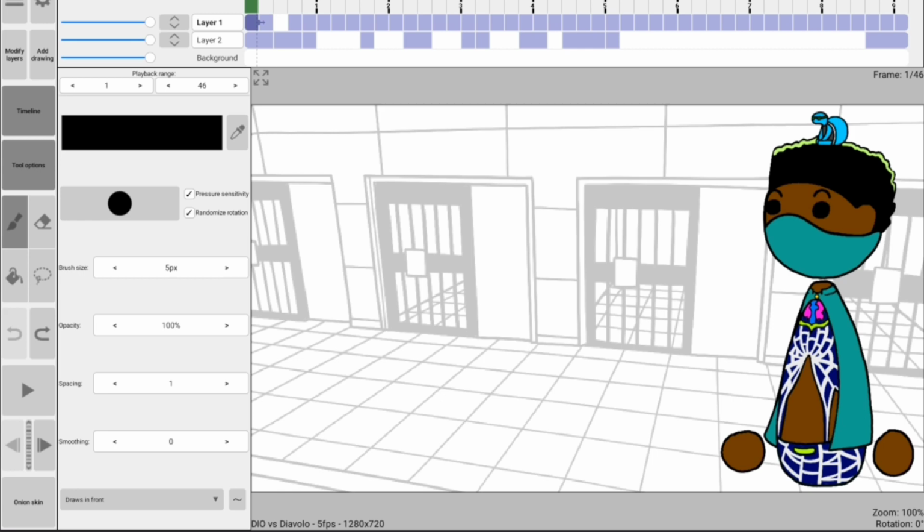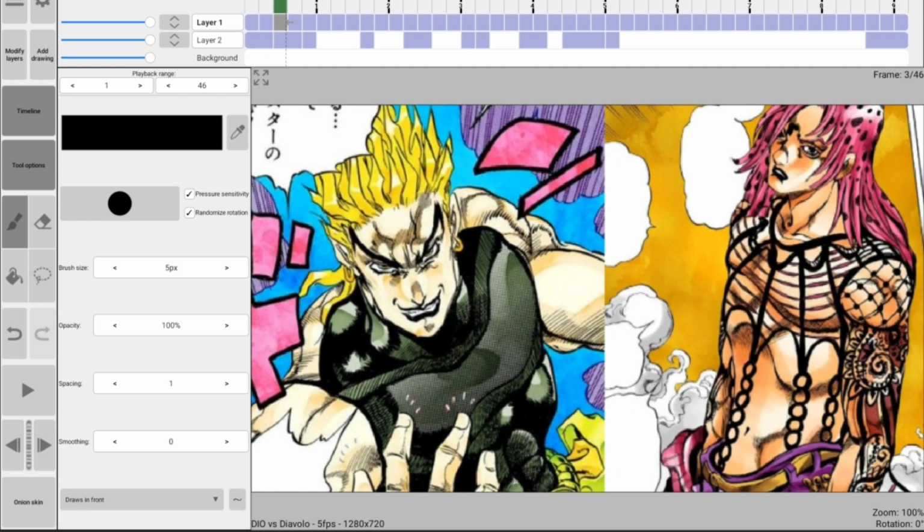I don't really animate with frame by frame movements, at least not usually. Sometimes I do that, but not usually. So it's not the hardest thing in the world to animate, but it does take a good amount of time. I won't say a long time, but a good amount of time. And basically that would be it for the animation.